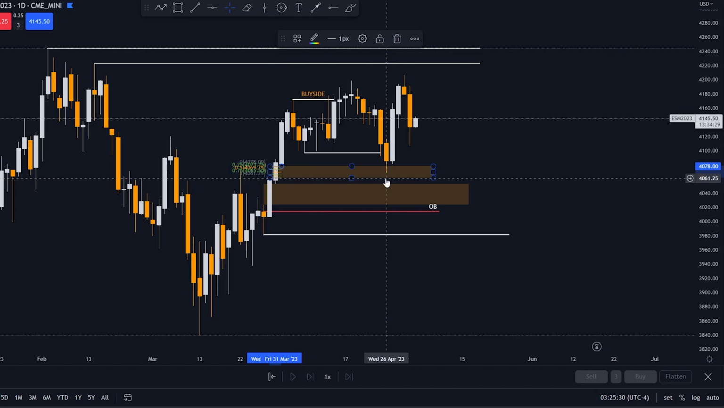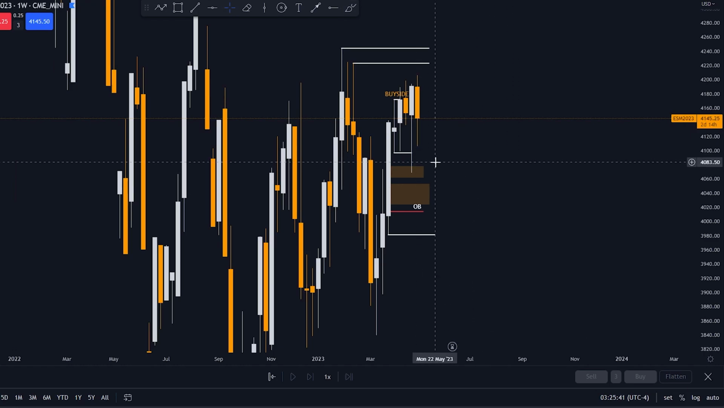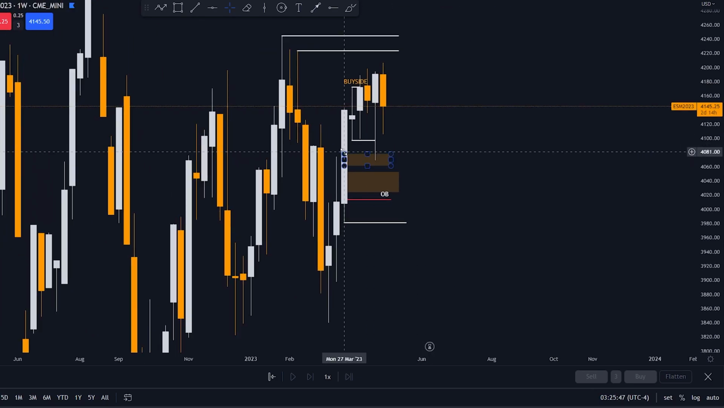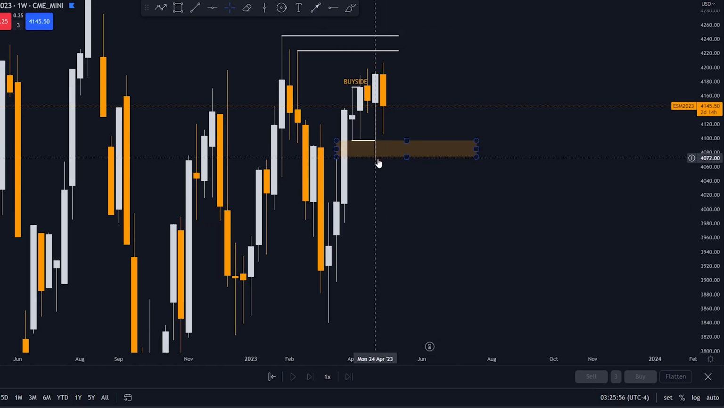69.75, and this low is, I can't see numbers, but it's going to be around that. So that will be your point of interest. And we can also go to the weekly chart and look for those fair value gaps or order blocks that are there. And right here, you can see first this fair value gap,